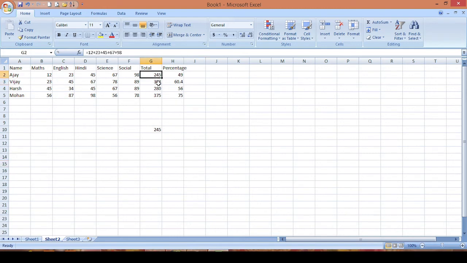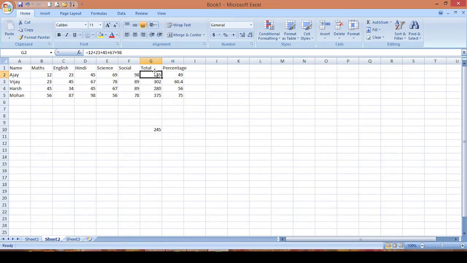But if I change one of my values, for example this 67 to 69, and press the enter key, the value will not change, it will remain 245 only.